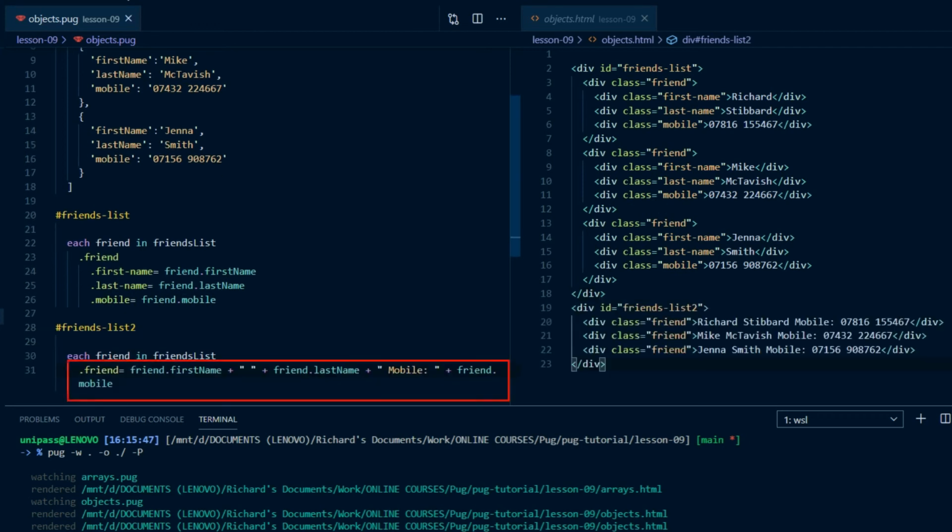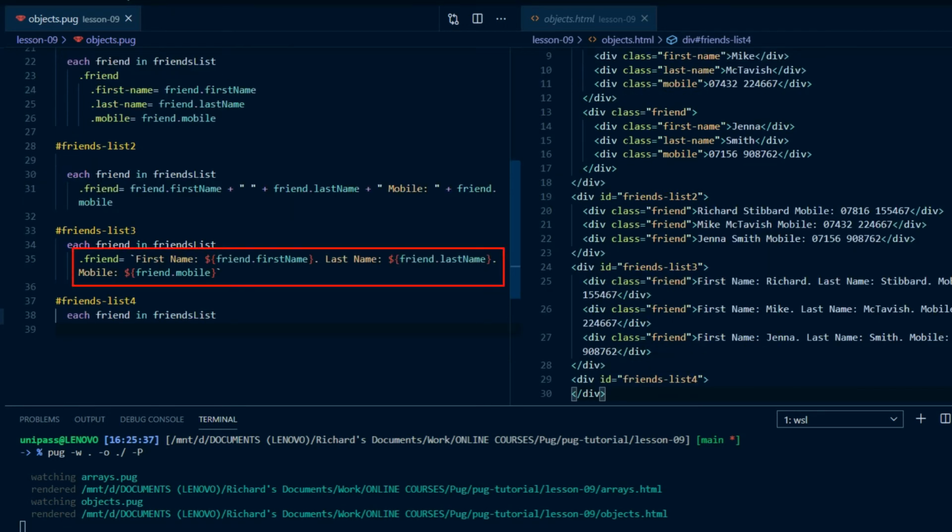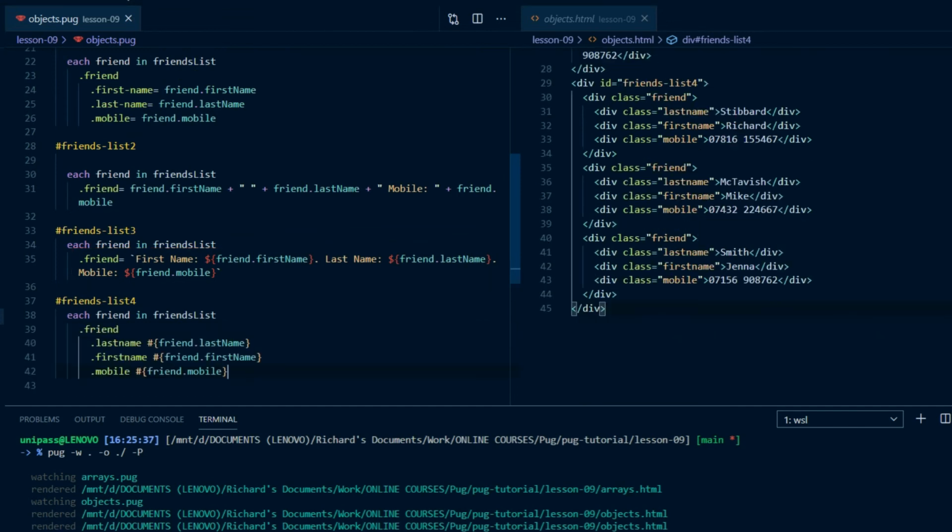You can use any of the methods we've seen to return the values. JavaScript concatenation with plus signs to join values into a string, or perhaps easier object literals, or interpolation. The resulting HTML will be the same. Just remember that if we use interpolation, we don't use an equals sign, just the HTML tag followed directly by the hash, curly braces, and the JSON keys.